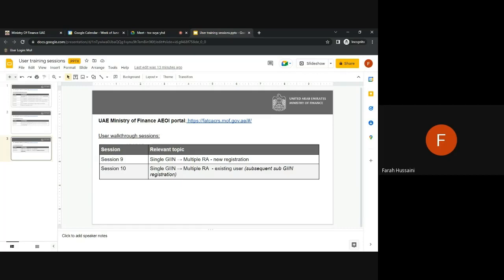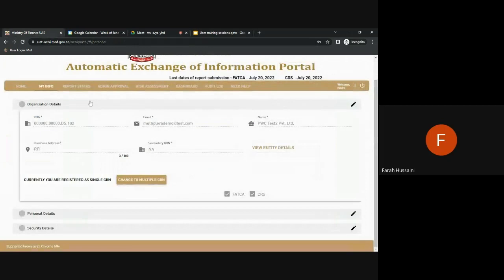In this session, we will be covering the single GIIN to multiple RA, where the checker has been approved by the primary RA, in this case, the central bank, and we are able to go in and register and view the subsequent sub-GIIN registrations. To begin with, we have logged into the checker user, which has been approved by the